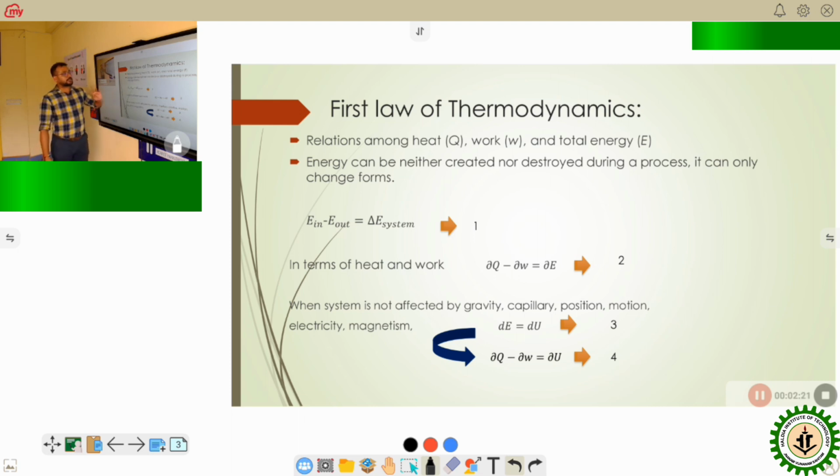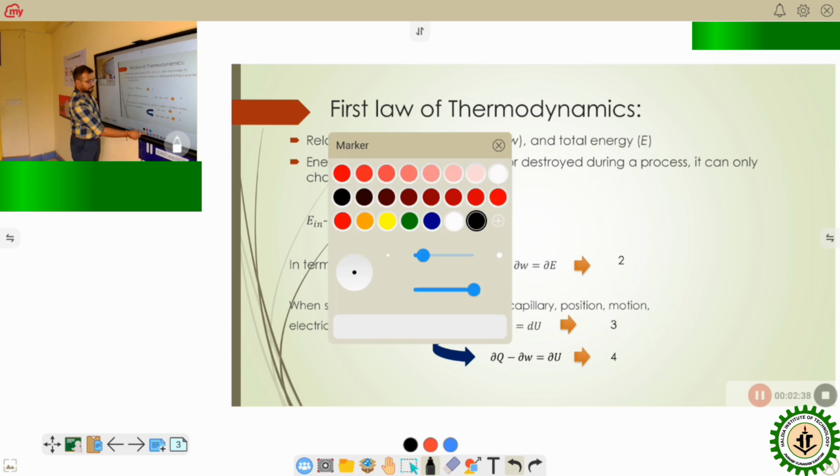Now, the first law of thermodynamics is actually known as: energy can neither be created nor be destroyed during a process, it can only change its forms, by which we can get one important thermodynamic property as the